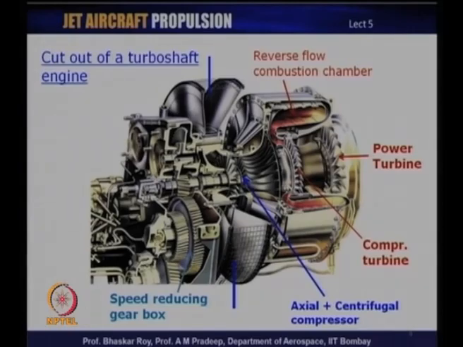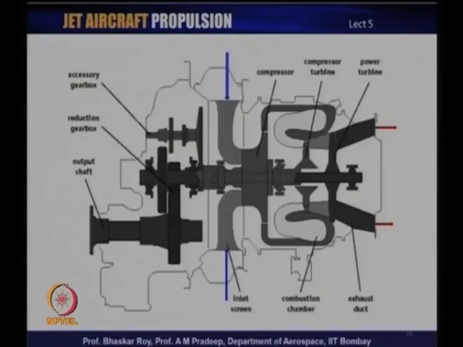So, this is a typical turboshaft engine used in many helicopters all around the world, based on the basic gas turbine engine, which is the same as the various kinds of jet engines that we are discussing. This is a schematic of a turboshaft engine, the kind of engine that we were looking at just now. It has the compressor, the compressor turbine, and then the power turbine, and this is the shaft through which the power comes through, and then you have this output shaft over here,